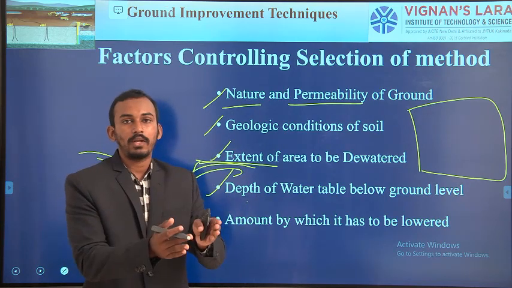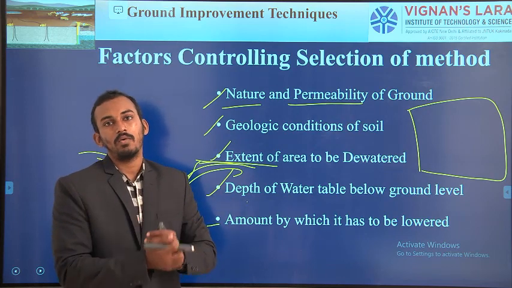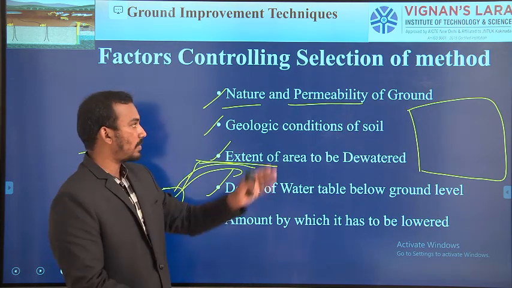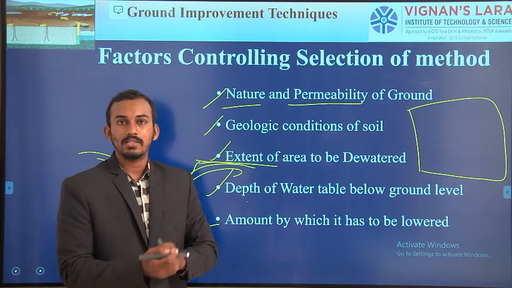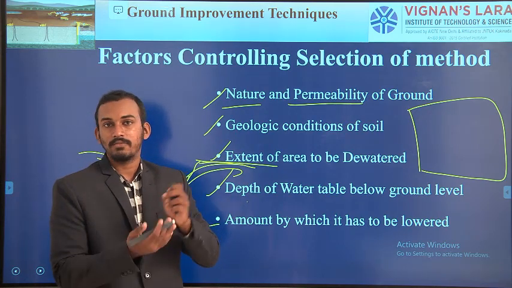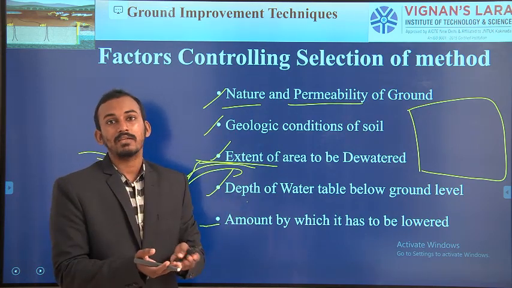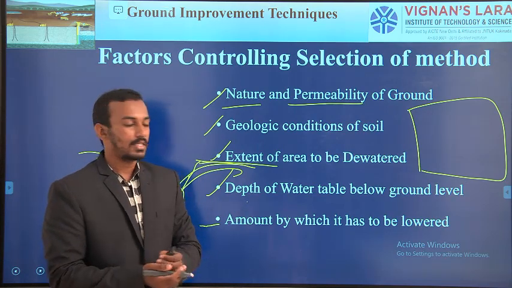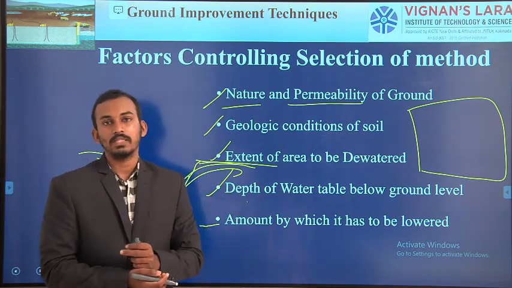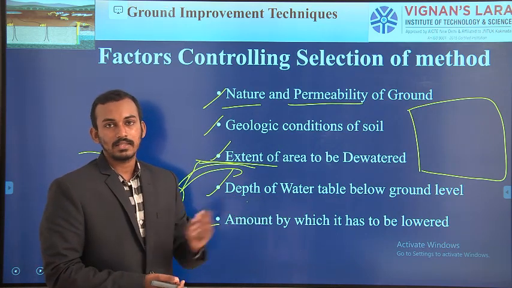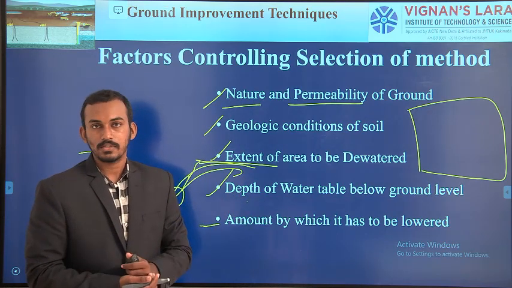Okay. If we excavate, for example, 6 meters and we get the water table, in such cases it is better to use sumps and ditches. Whereas if the water table is available at 10 meters or 15 meters, we cannot do an open excavation. So in such cases what are we going to use? We are going to use either the multi-stage or single-stage well point system or the electro-osmosis method.